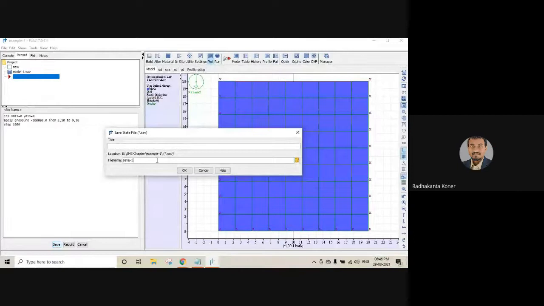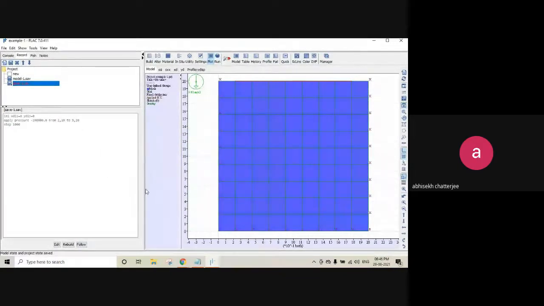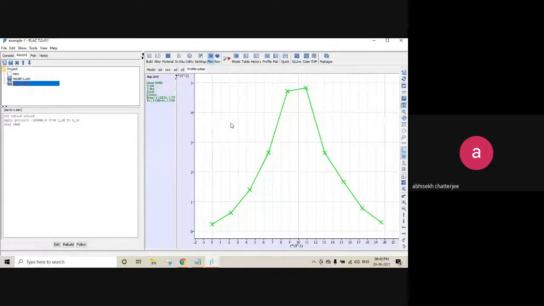Good evening, sir. Yeah, Abhishek. Sir, can you please show that model related to stress, that red coding, green coding? I could not understand. Please repeat your question, Abhishek. Can you please run that slide where we applied the pressure at the top, and we can visualize that slide by color coding, red coding, green coding, like that. Actually, I could not understand your question. Can you repeat your question?